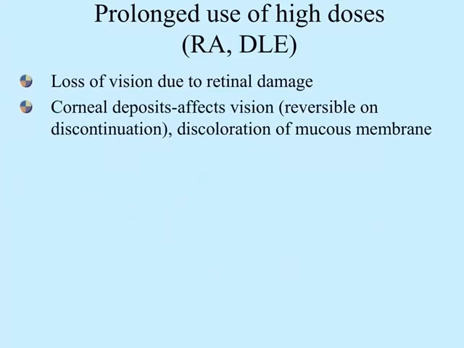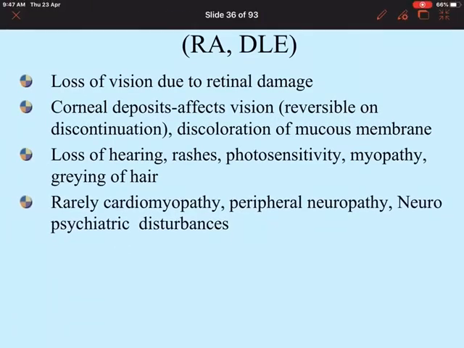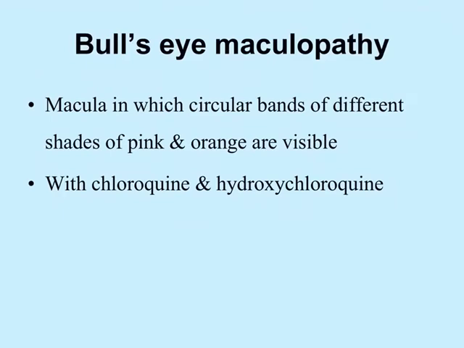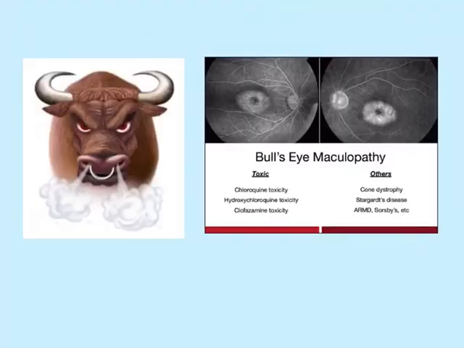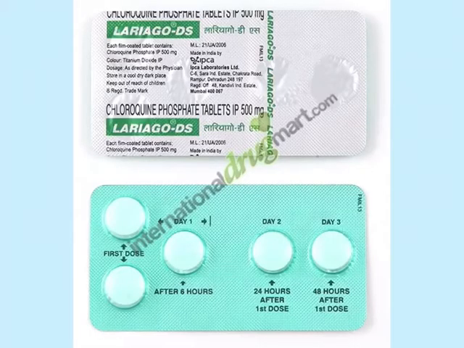Before we understand the adverse drug reactions, because we just now learned about the loading dose, let's try to understand actually how the drug is given. So initially, if you look at the first dose, we give 500 milligrams of chloroquine phosphate, first dose,